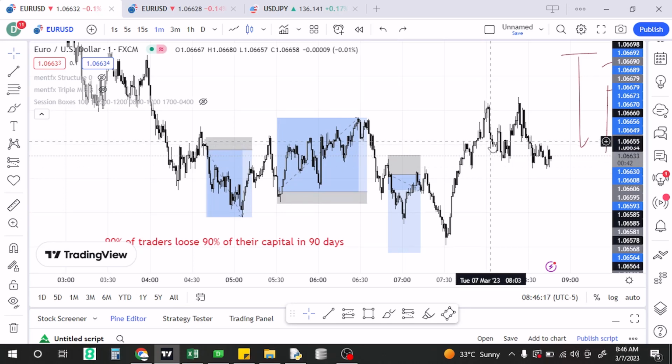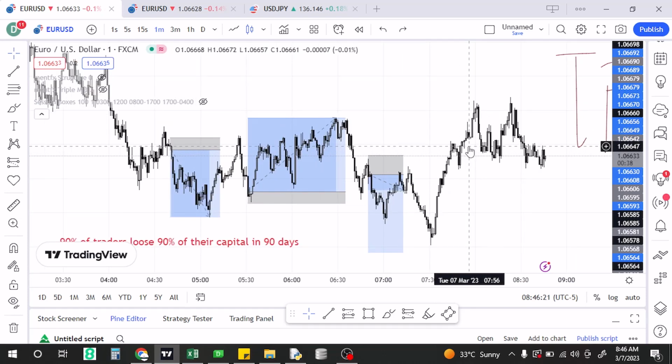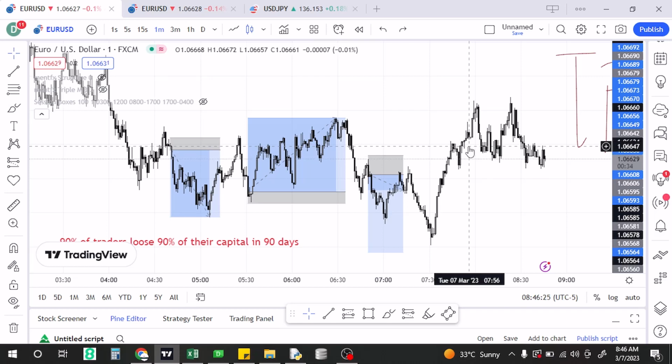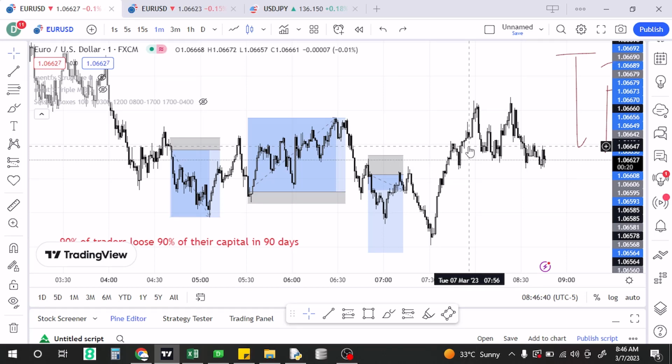Write out the maximum number of trades you're going to take per day. Are you going to take just 2 trades a day? Are you going to take just 5 trades a day? Loss, break even, win, whatever. Your maximum number of trades or maximum loss. Okay, you can write maximum loss. Maybe you don't want to lose more than $200 a day or $500 a day or $10,000 a day. Write it down on your trading plan.